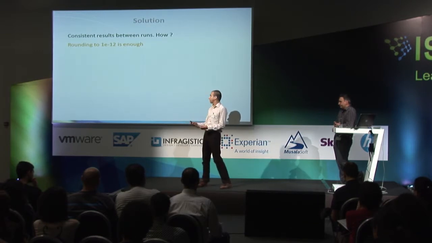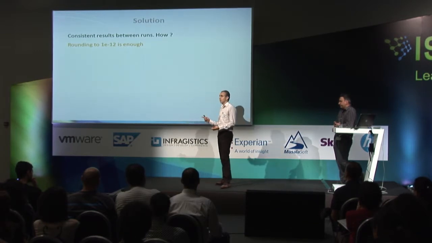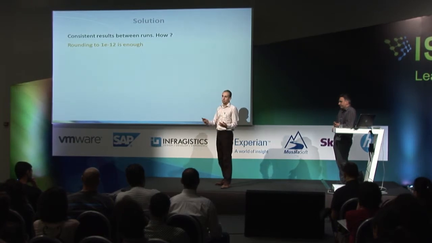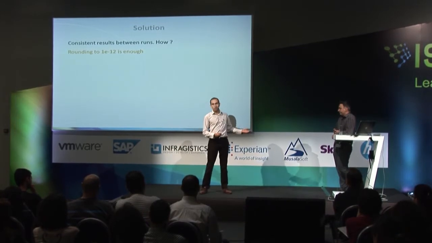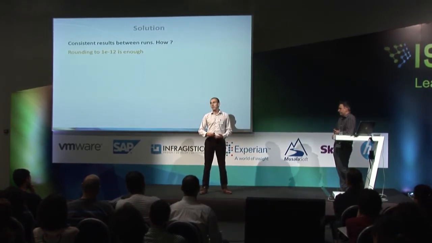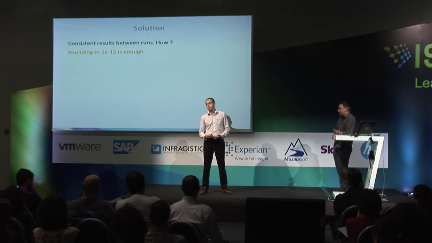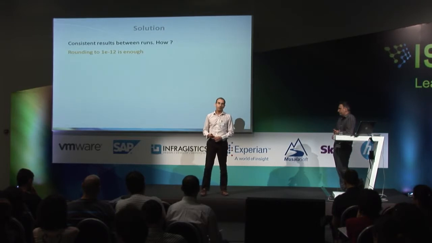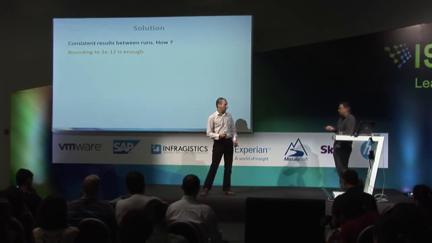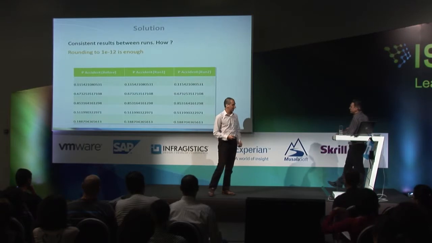And the answer was that 12 digits after the decimal point are good enough for them, and the only thing left to do was for the QA team to make all their tests for the output of the reports rounded to the 12th sign, and voila, all the tests would pass.